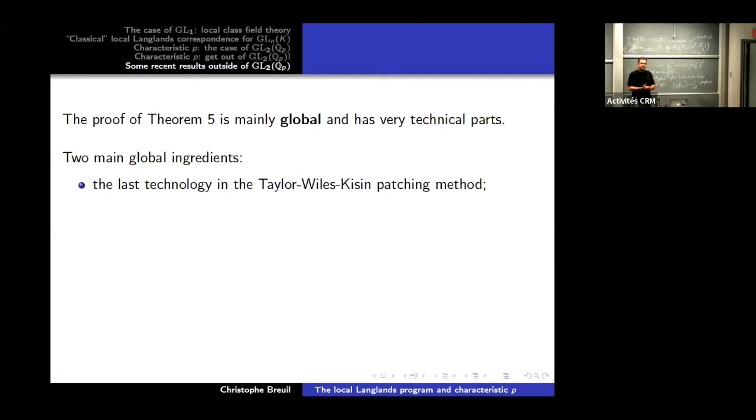So do you believe that there might be some purely local gadget defined over K and not over these auxiliary Fs? Sorry, say it again. Do you believe there's some purely local object whose cohomology would be defined over the local field K? So you can look at the